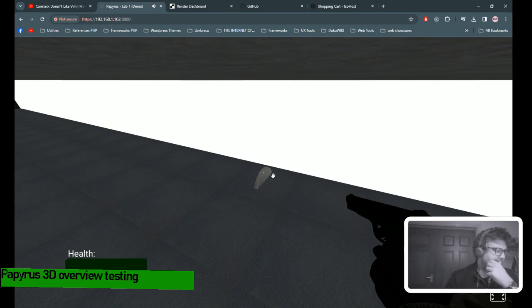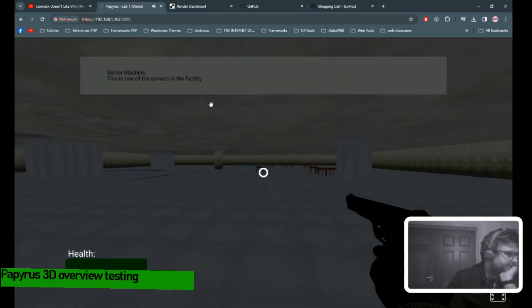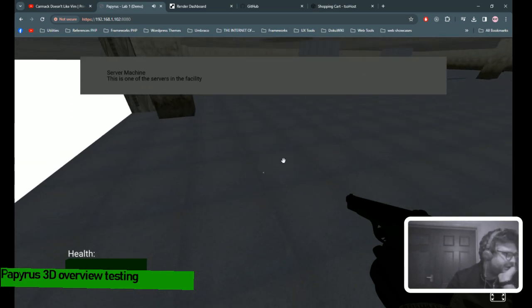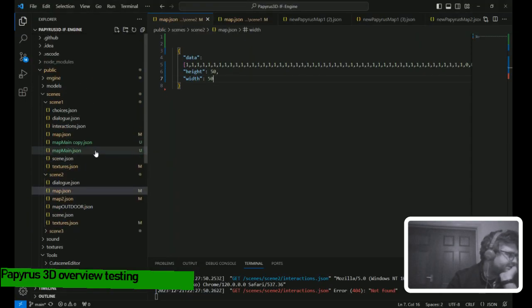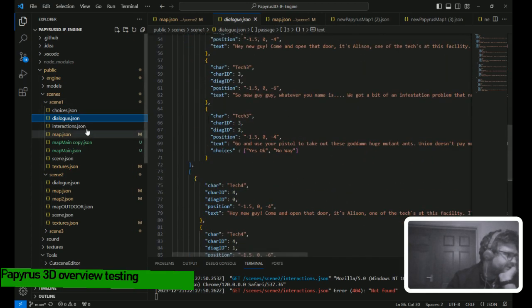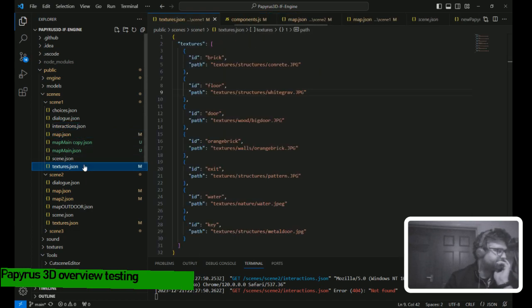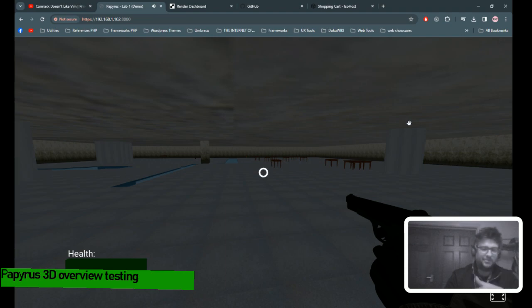You got this. So that's the interaction associated with that. But that is the wrong prefab, so obviously that needs changing. And that's just a random interaction that I added. All the interactions are just JSON, so each scene has different dialogues attached to it, different interactions that you can attach to different objects, yada yada yada. Different textures you can specify and such. Anyway, I think I'll leave that at that.